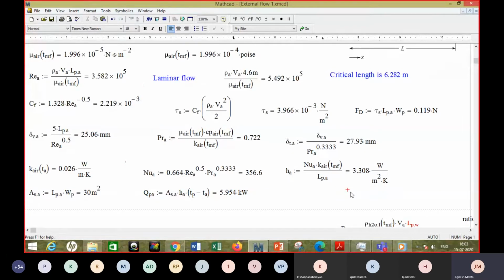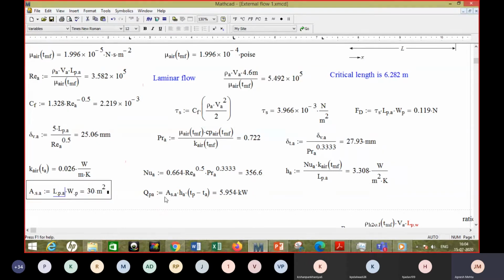If you want to increase heat transfer, then you may have to increase the Reynolds number. So it means that you have to increase the velocity of the air. I think that is the only tool available to you if you want to go with air, right? So this is a small value of heat transfer coefficient, and this is the surface area of the plate.